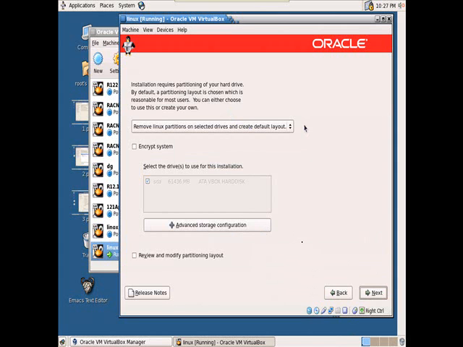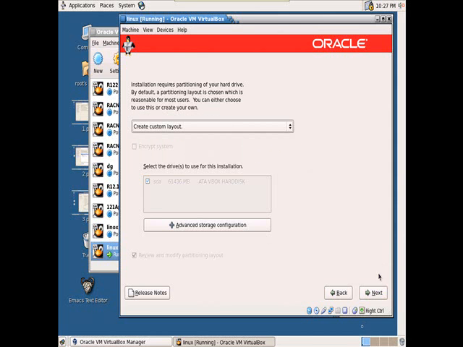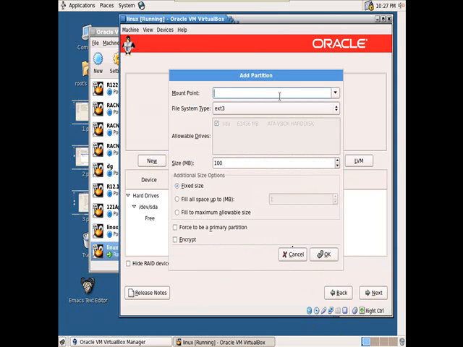See, we have specified a 60 GB hard disk. Okay, for our virtual hard disk we have assigned 60 GB. In this 60 GB we need to perform partitioning. Partitions can be created by default if you select create default layout. If you want to perform partitioning on our own, click on create custom layout. That means we want to partition that 60 GB hard disk. Okay, click on next. See, an empty 60 GB hard disk is there. We need to perform partitioning. So click on new to make a new partition.